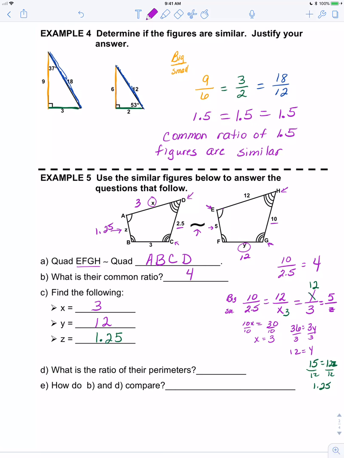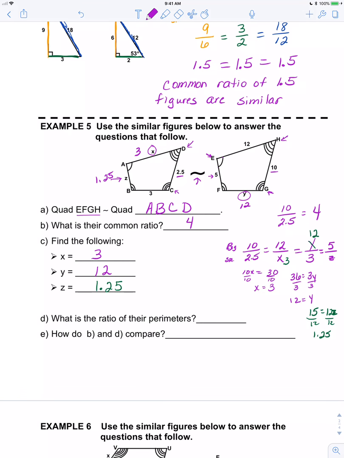So let's find the perimeter of the EFGH. Okay, so we have, remember, perimeters outside edge, so that's 12 plus 10 plus the other 12 plus 5. So that perimeter adds up to